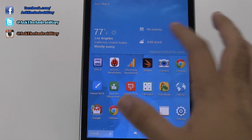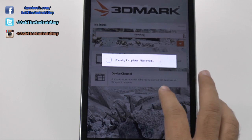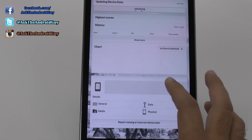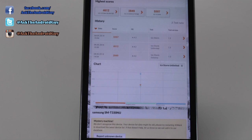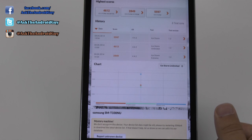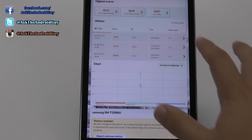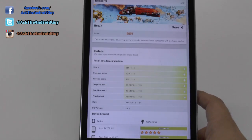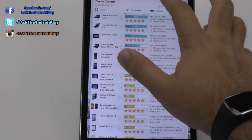Now for graphics, of course, this is going to be slightly different. Again, we have an Adreno 305 graphics card, and this one does a decent job. So on here, say for the extreme version, we have a 2849, which is okay, not the biggest deal though. You have devices such as the S4 ranking around the 6,000 mark, so you can see it's quite a bit higher in comparison. On the lowest, 55 isn't bad, but we have a lot of devices that do max it out. So if we're just looking at Android devices,